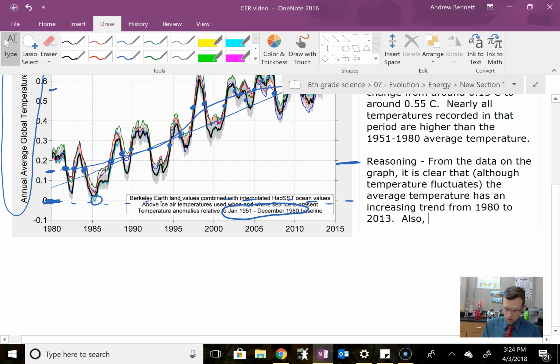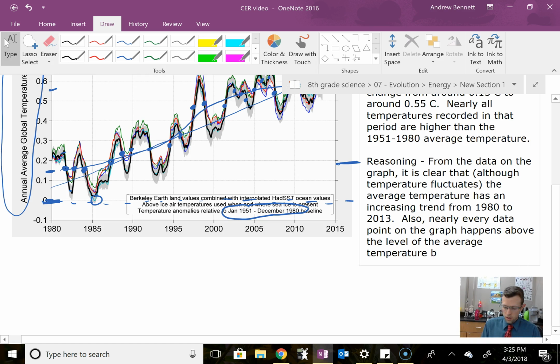Also, nearly every data point on the graph happens above the level of the average temperature from the previous 30 years. Therefore,